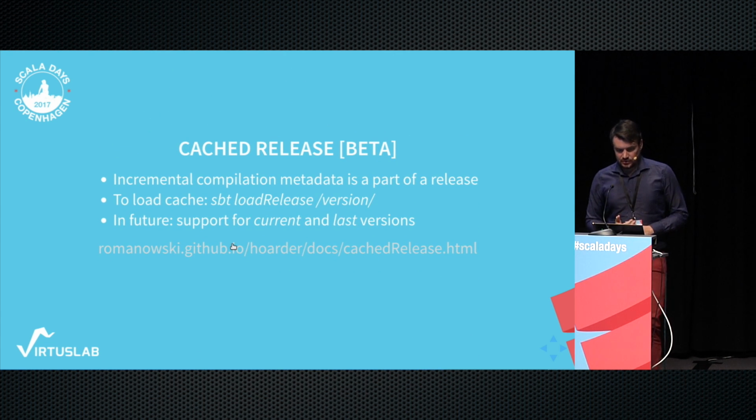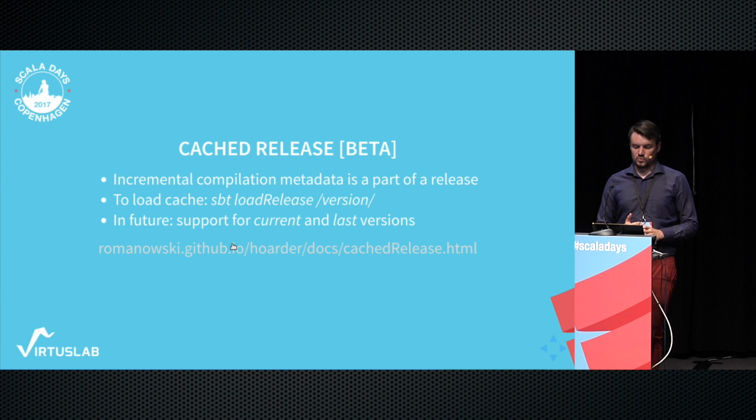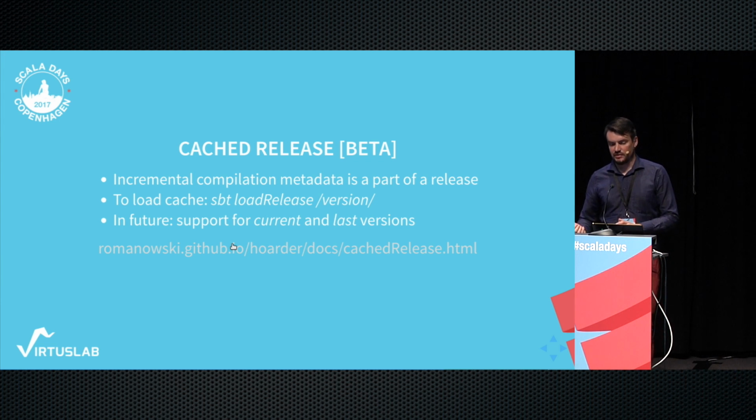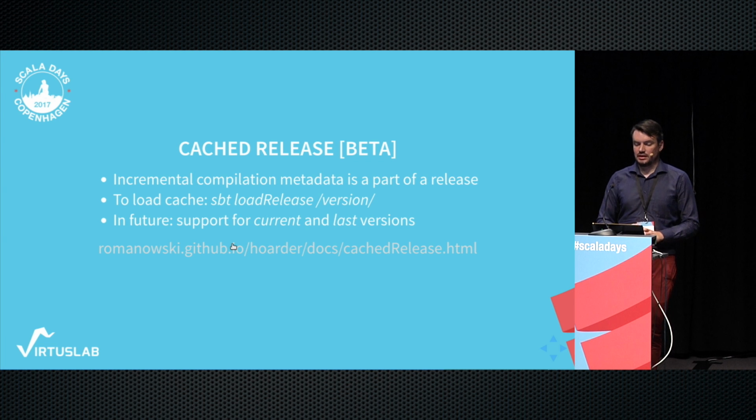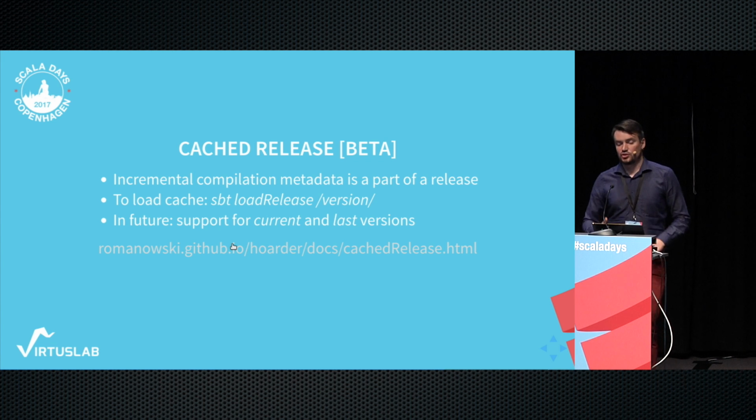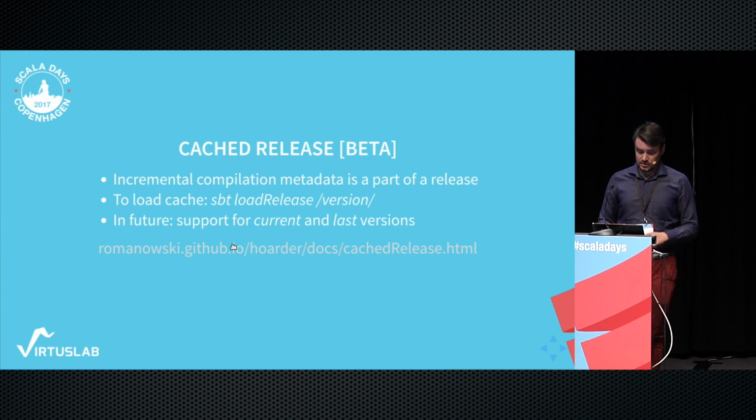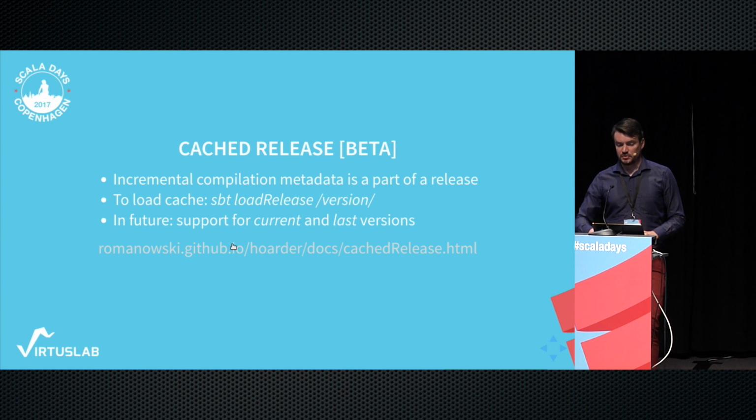And the last thing that is supported as a beta is cached release. So I mentioned during the presentation that there are a lot of classes lying all over the place that we can use to speed up our builds. And this is one of the examples. So what we want to do here is add another artifact to our release that contains incremental compilation metadata, and later on use that release with all this incremental compilation metadata to speed up builds in our local workspace. So for that, there is a command called load release that you need to specify the version,